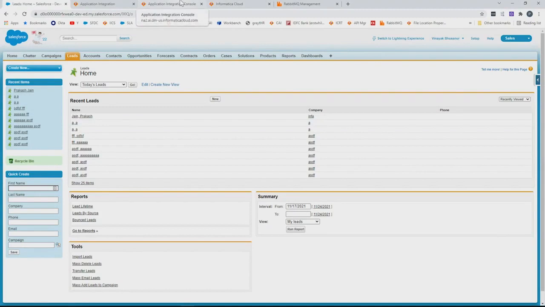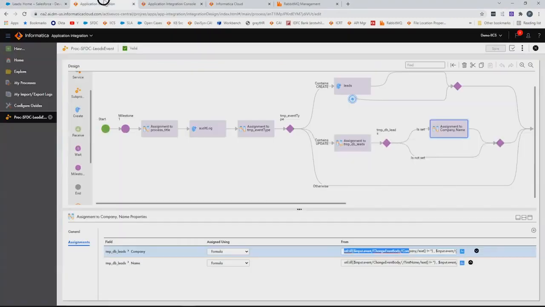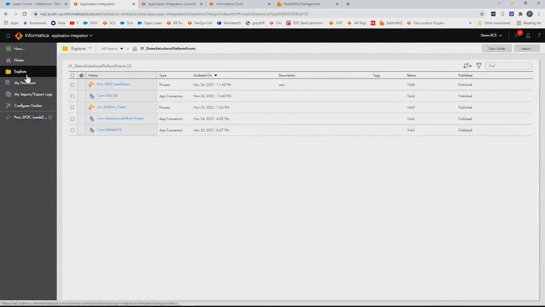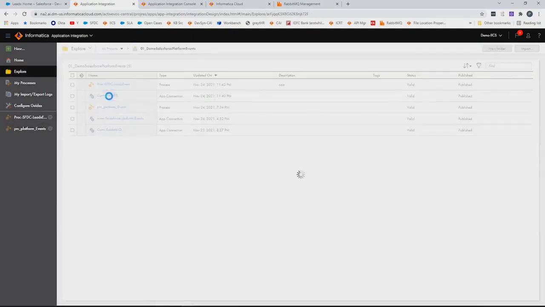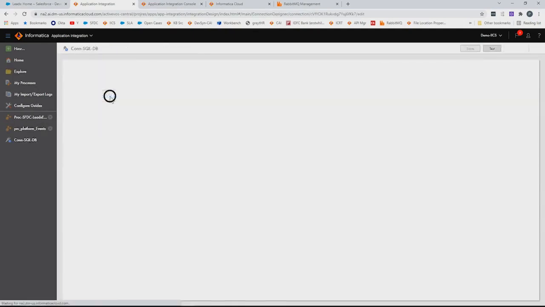So here I have the Salesforce environment and the Informatica environment where we have developed the process. This process involves two connections. One is a connection to Salesforce platform event CDC, and the second one is for the database in order to write records or update the records in our database system.